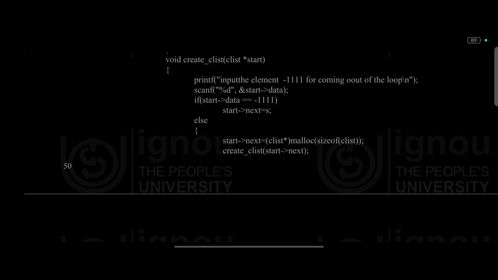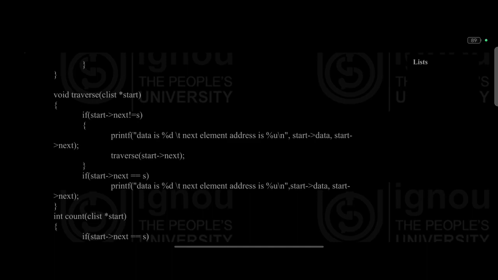void create_clist(clist *start) { printf("Input the element, -1111 for coming out of the loop"); scanf("%d", &start->data); if (start->data == -1111) start->next = s; else start->next = (clist *)malloc(sizeof(clist)); create_clist(start->next); } void traverse(clist *start) { if (start->next != s) printf("data is %d next element address is %u\n", start->data, start->next); traverse(start->next);